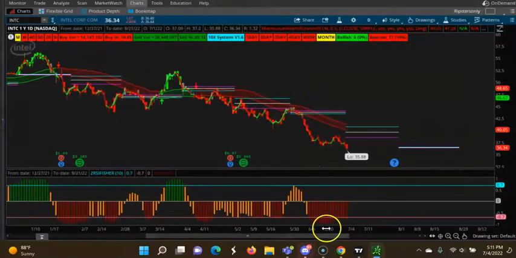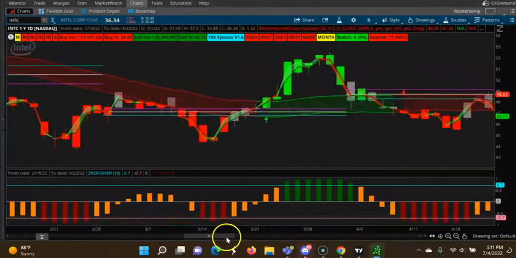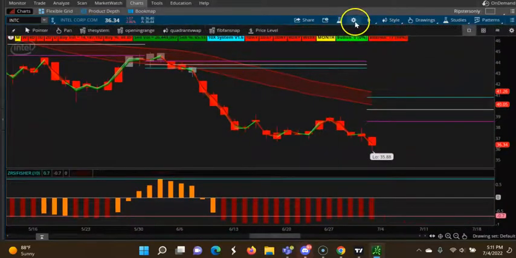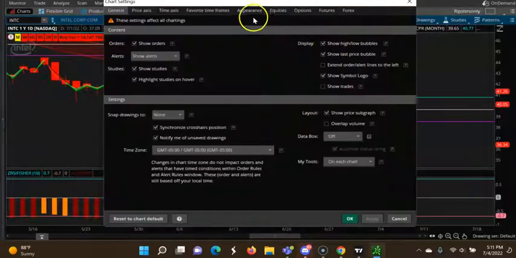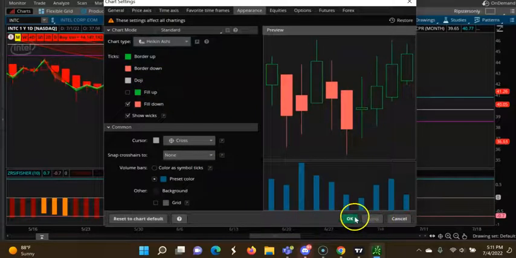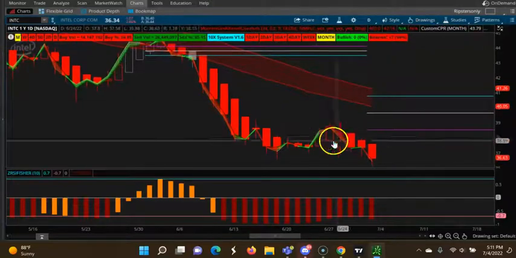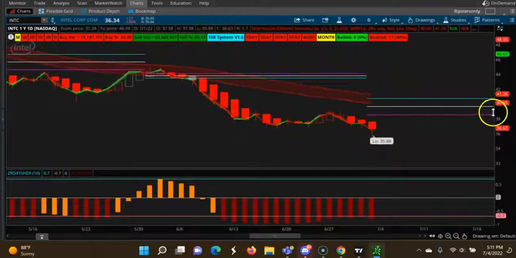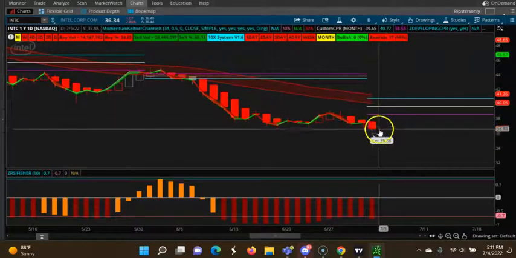We are on Intel. Let me change it to Heikin Ashi. Okay, developing CPR also is red. See, the trend line is red. You can see that CPR is downtrending, right? So if you see